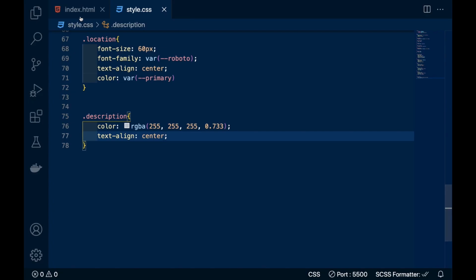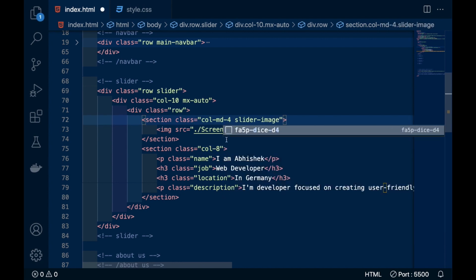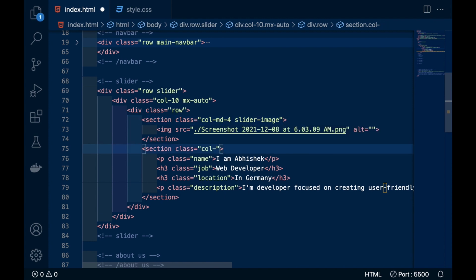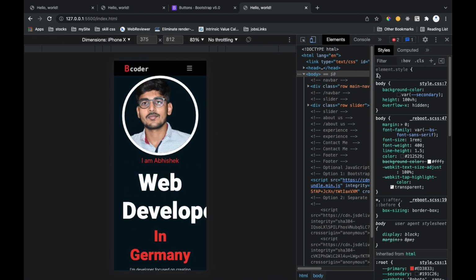So for that we will go inside our code, to the column 4 we have written here. Instead of column 4 we will use column MD4, and instead of column 8 we will use column MD8. So now you can see this is done.